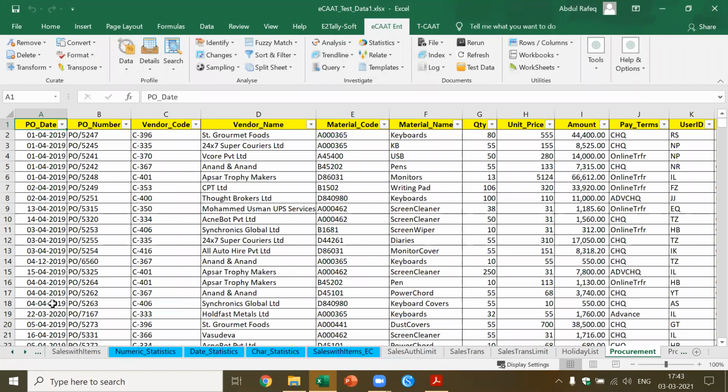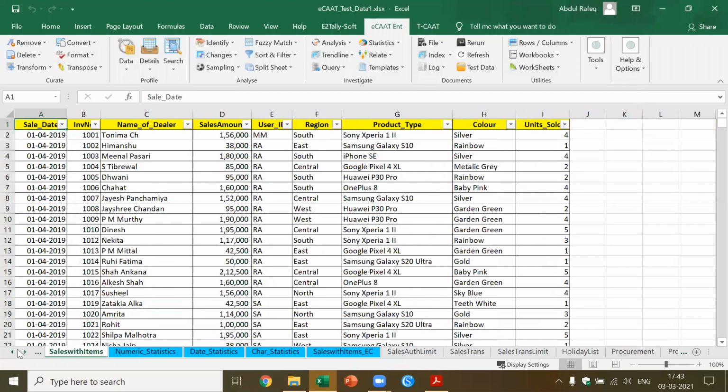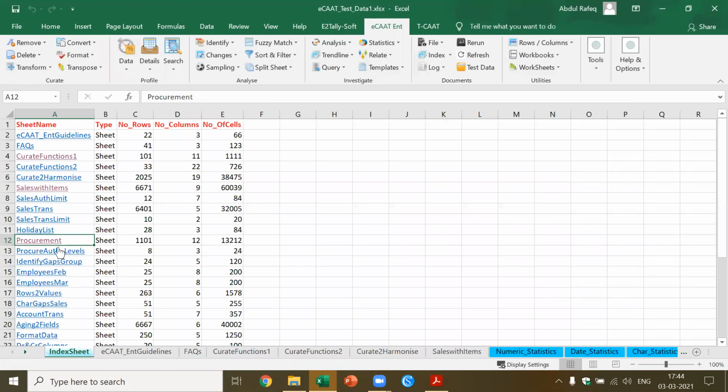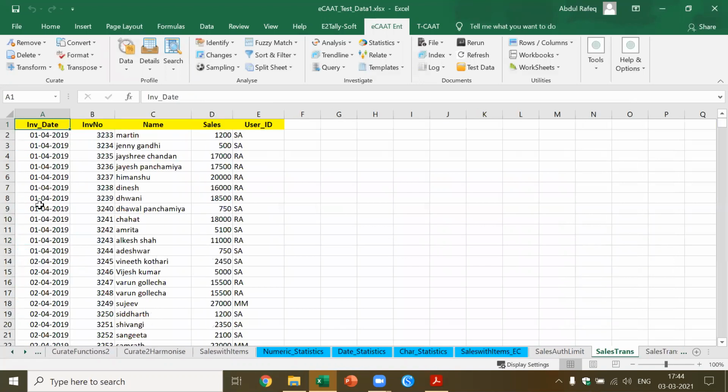Now let me come to one more analysis. Let's say I'm doing an audit where I want to perform an authentication check. I have got these sales transactions. I got the list of transactions. There are about 6,000 plus transactions. And I've got one more file, which is the, let's see whether I can take this on the top. Yes. Now I've got one more file, which is the